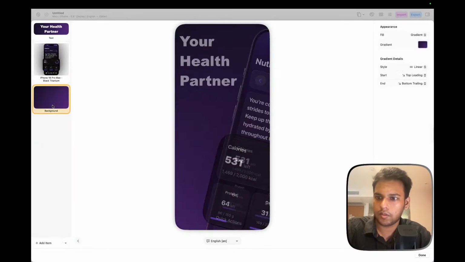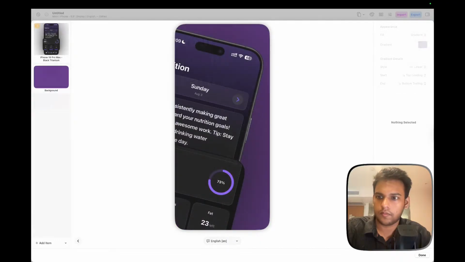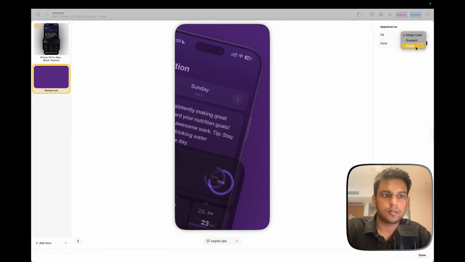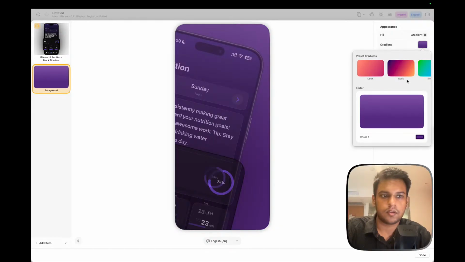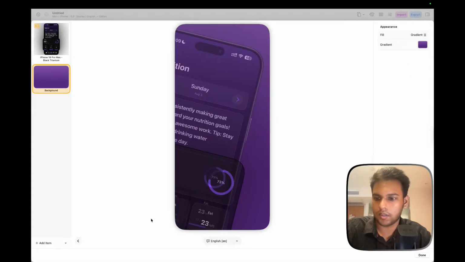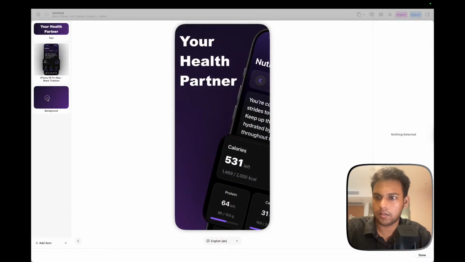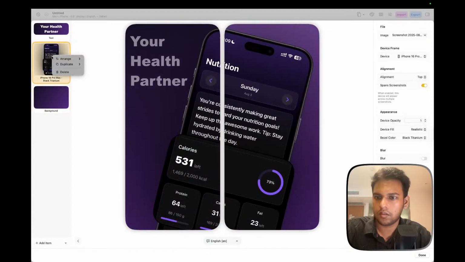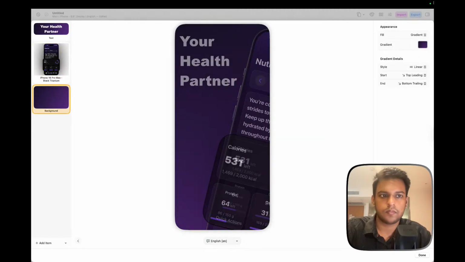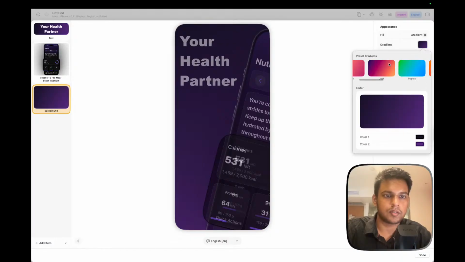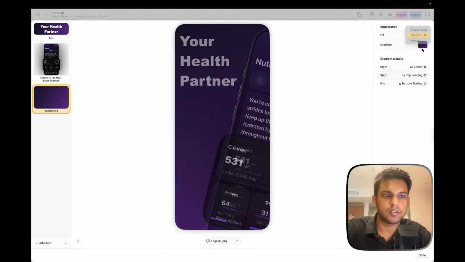Now I need to somehow copy this. I cannot copy this. Oh man. Can I create my own presets so that in the previous one I can... I do not want to go about redoing the gradient again and again.